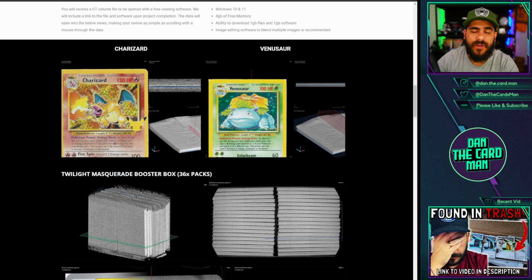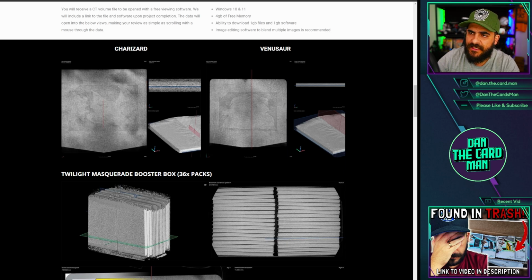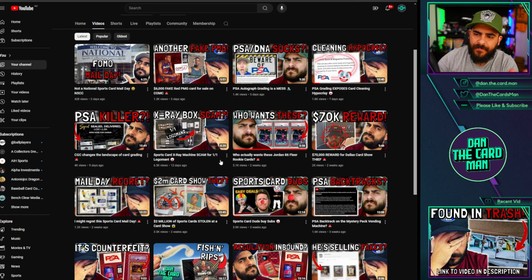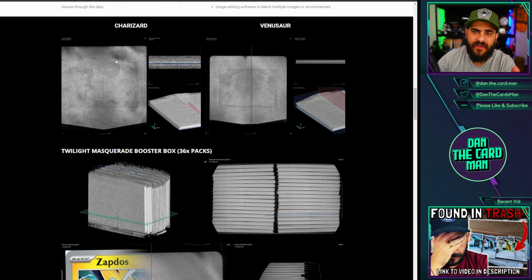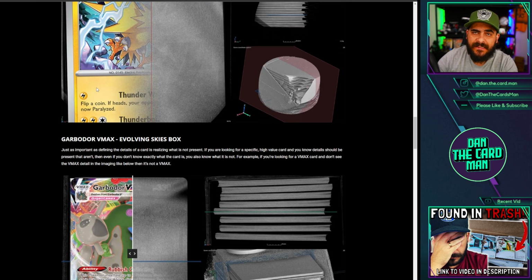And they show it for a few different types of TCGs, as well as some sports cards. I should clarify, I don't think I mentioned it earlier, but this scanning technology, as I talked about when we first touched on it in my original video over here, is primarily picking up the foiling on the cards themselves, which is why it's able to see the outline, because it's seeing the non-foiled part as an example, which means for sports cards it's a big problem, because we have names